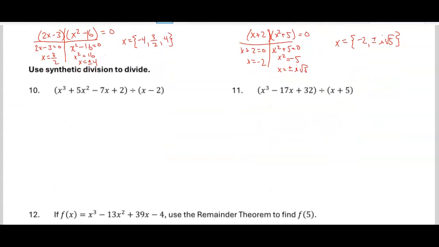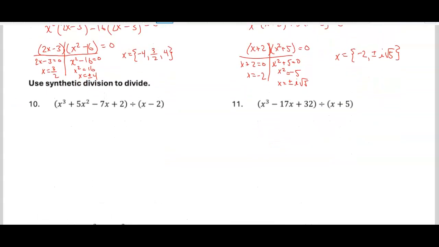Use synthetic division to divide. All right, so for these we have to set up our L shape and do our synthetic division process. We're dividing by x minus 2, which means my root here to divide by is positive 2. We want to get all coefficients represented. Nothing got skipped here exponent-wise, so I don't need to worry about any zeros. So we'll go 1, 5, negative 7, 2. And then the algorithm says bring the first number down,